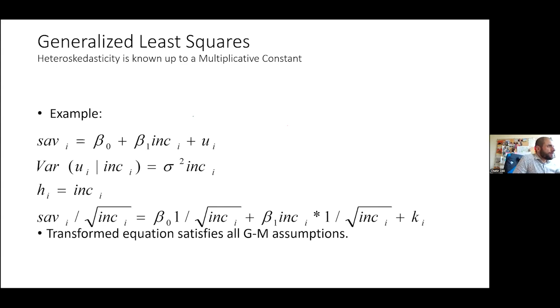So if I divide the whole function by the square root of income, which means in this case that my weight is the inverse of income, I will obtain a transformed equation, right? Where my dependent variable will be saving divided by the square root of income, plus the intercept divided also by the square root of income, plus beta 1 multiplied by the square root of income,